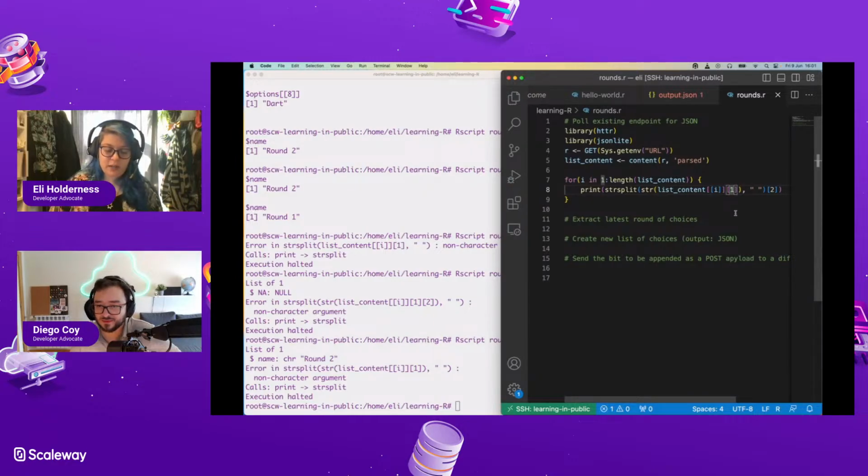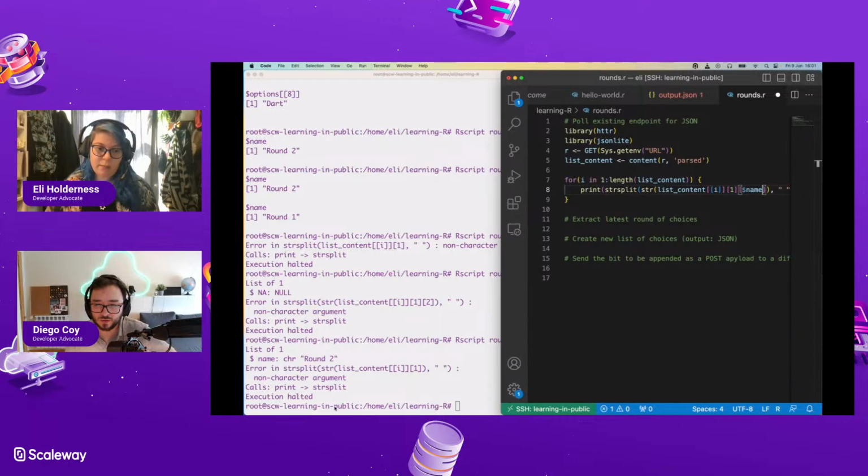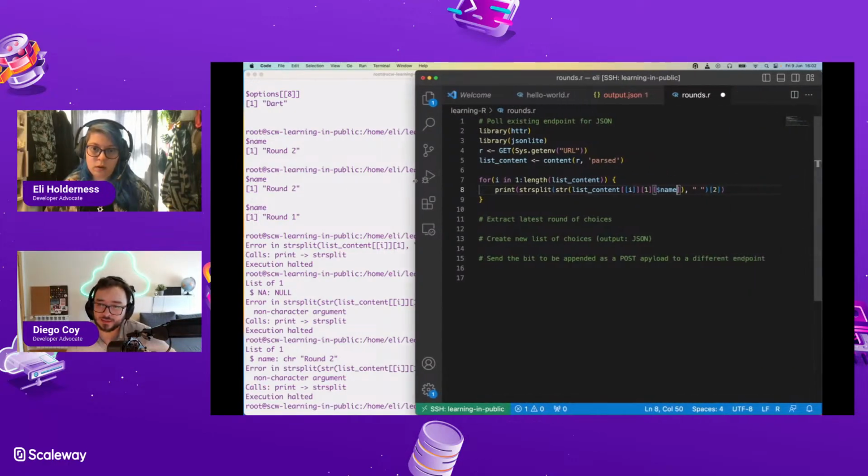Hang on. Like this? So you will need to replace the inline 7. Instead of going over the length, you go over the list, the list itself. So for i in list content. Yeah, okay.